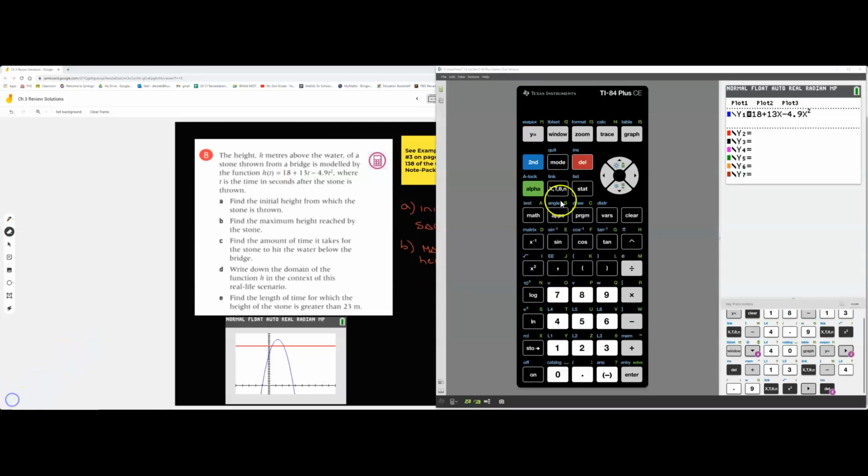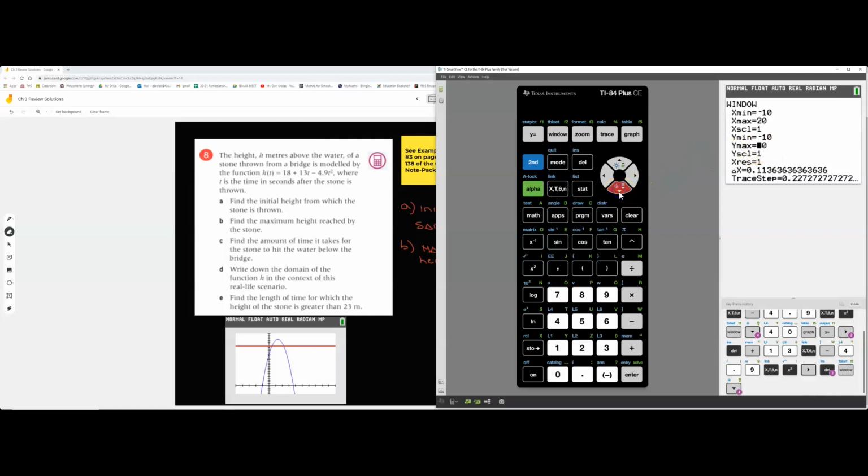So I've got it input into my calculator. Now the window, I know it starts at 18 and then it's going to go higher. How much higher above 18, I'm not quite sure. So I'm going to adjust my window. I made my new y max